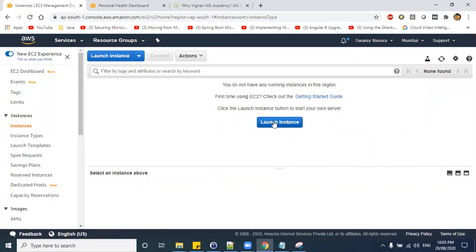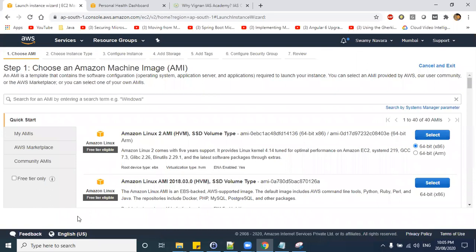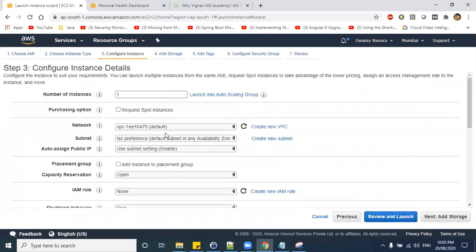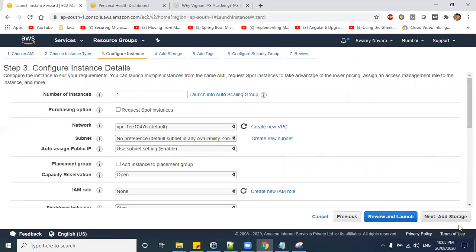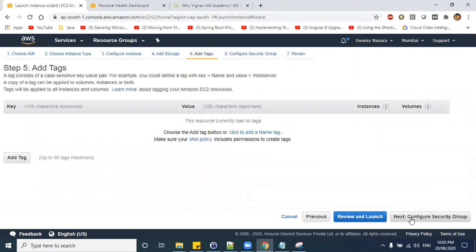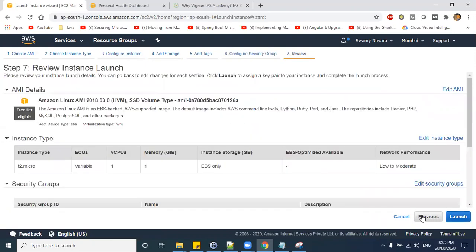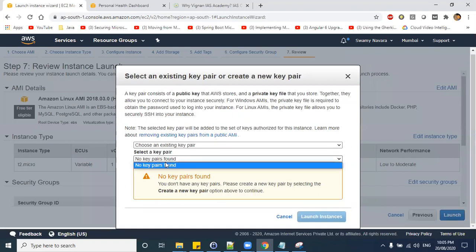Now, if I launch an EC2 instance here, let me launch an instance here. Go to Amazon, select T2 Micro. So you will have a default VPC. You will not have all your VPCs because whatever VPC you have created is in Ohio region. So even though you create in a default VPC, and if you go to security groups and select default security group, launch. So when you say review and launch, there are no key pairs found, right?